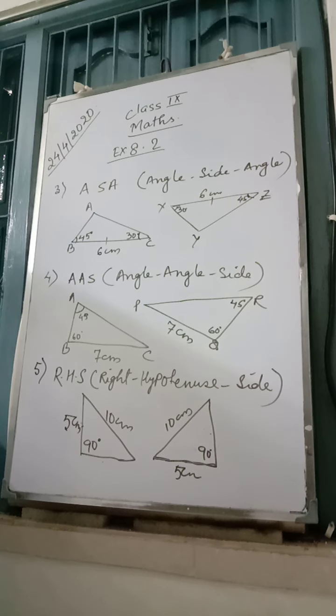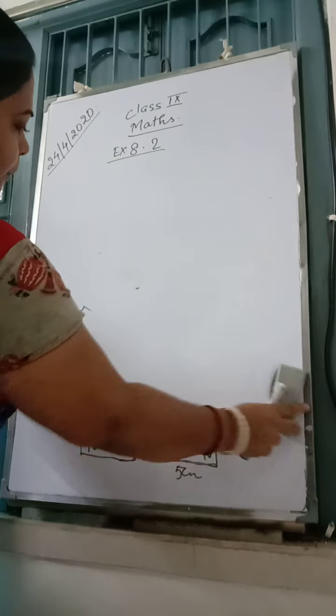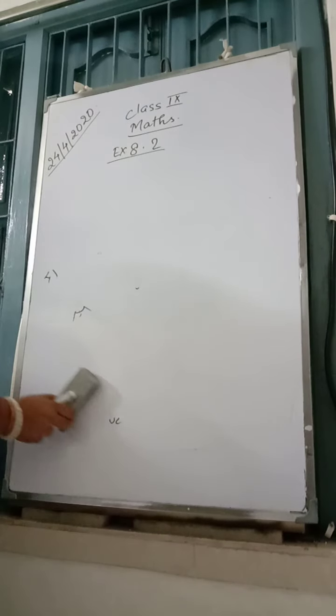Okay? Now you just come to the exercise. These are the revision of what we have learned about congruency from class 7, 8 and all. Now come to exercise 8.2. You are given certain conditions in the questions, and you have to write whether the triangles are congruent or not. Now first condition, it says